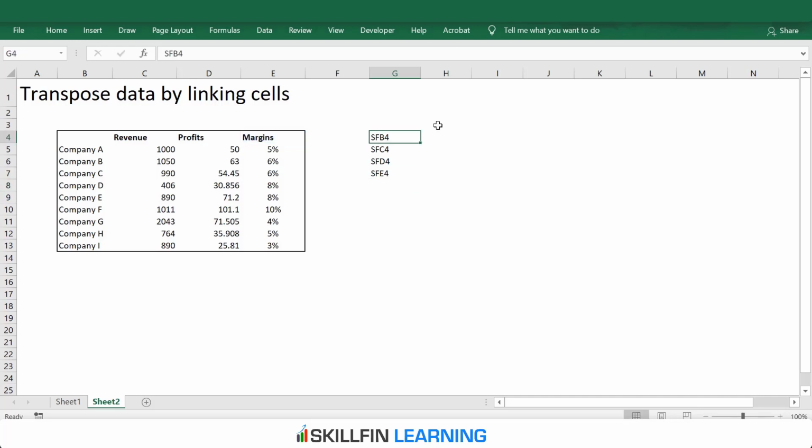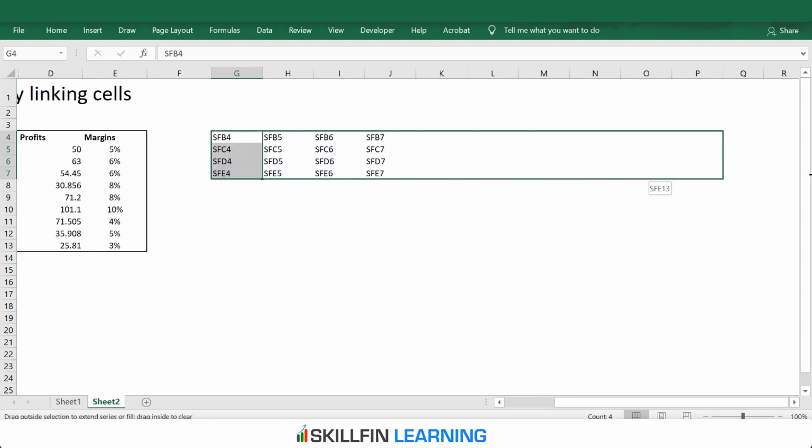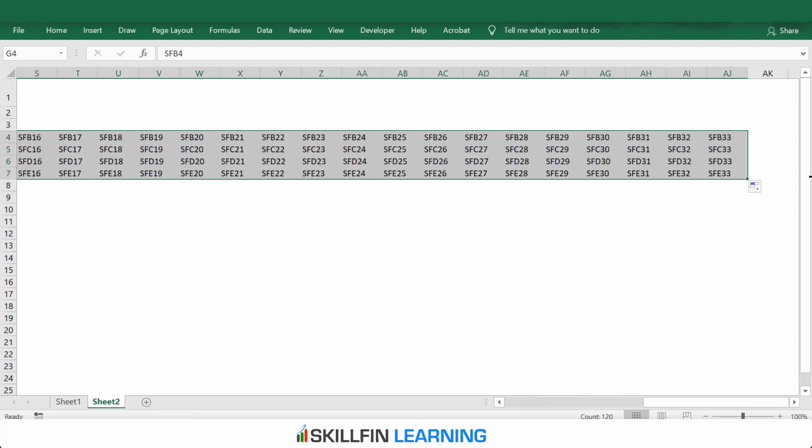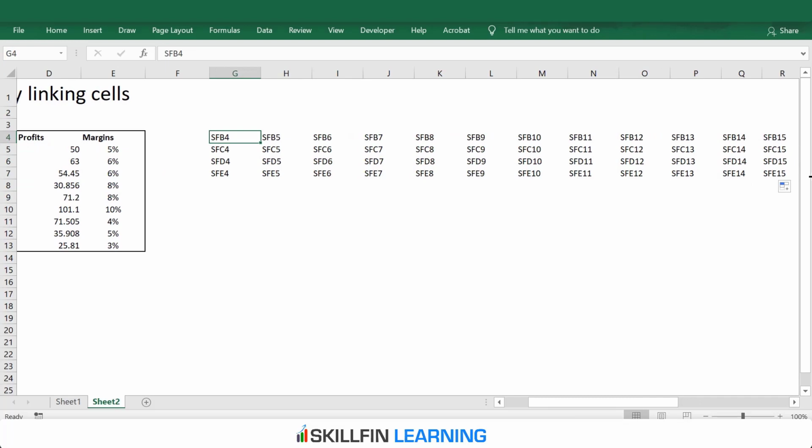Replace the equal to sign with SF, select the range, and here now select this plus and then drag and drop. So here we see that this SFB4 becomes B5, SFB6, SFB7. So again we'll select the full range, drag it and then leave it. So we get this range.